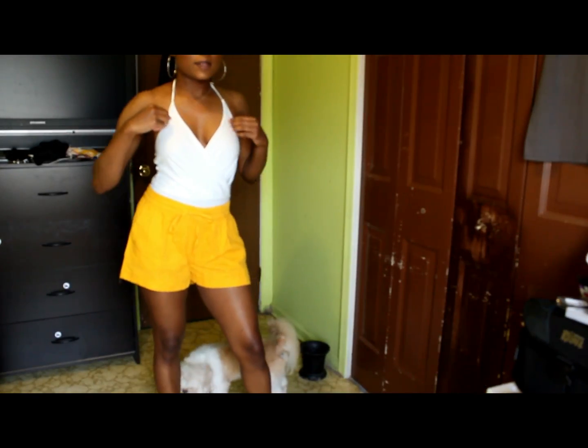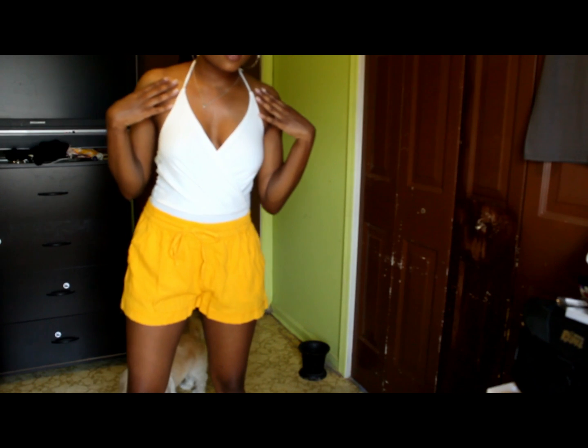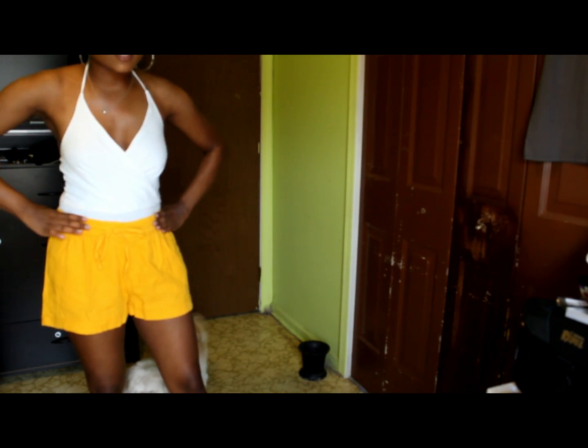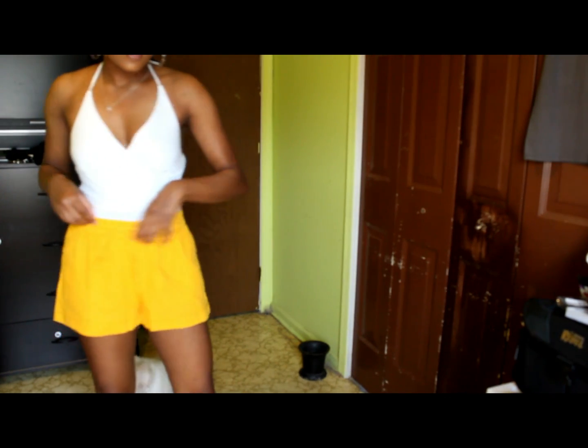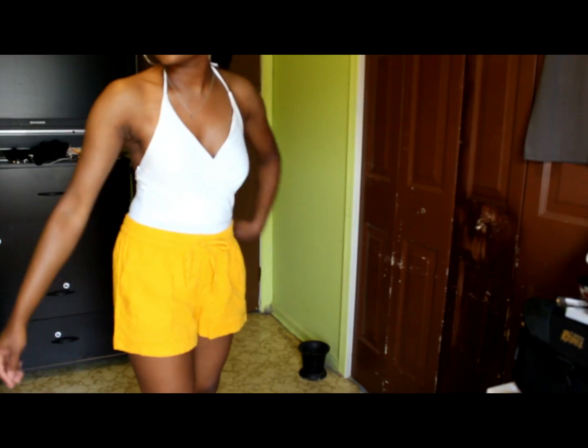I feel like I'm going to wear this top all the time. This is the same top I had on before, the bodysuit from Shein. And these are some yellow shorts I got from Old Navy. I got these on sale. They were $15 when I got them. I think they're usually...